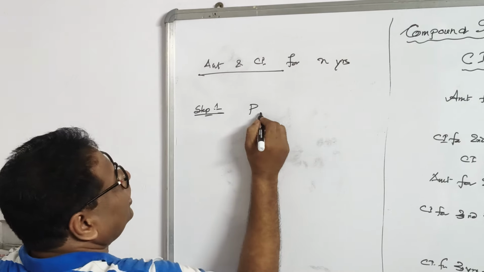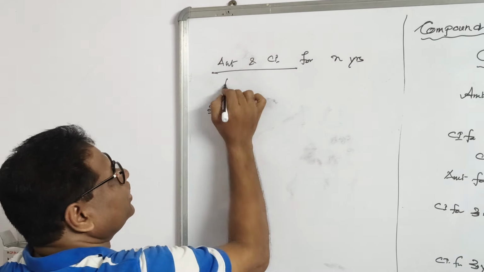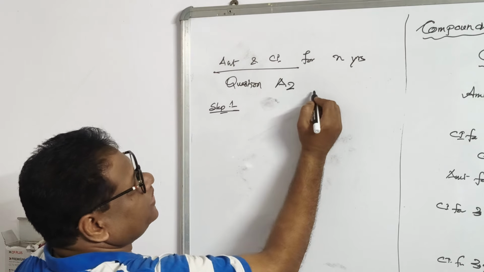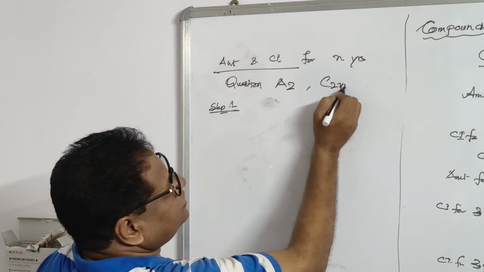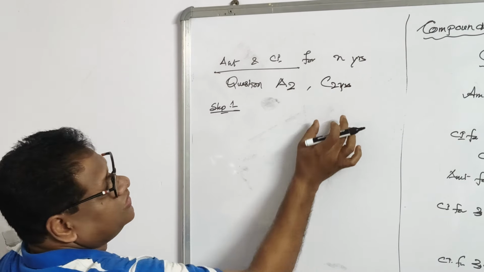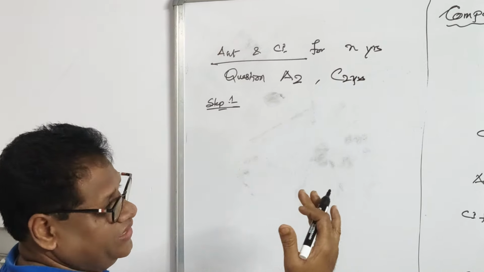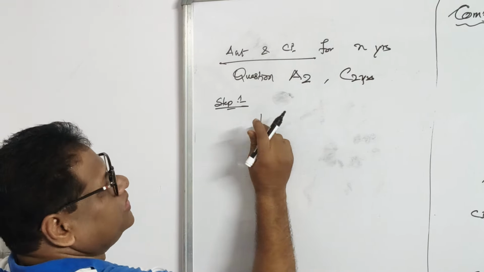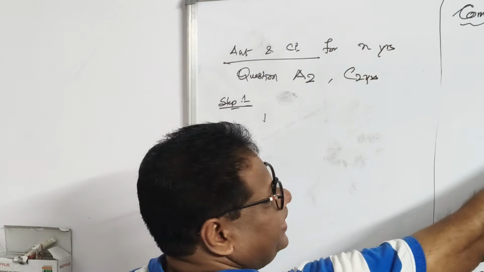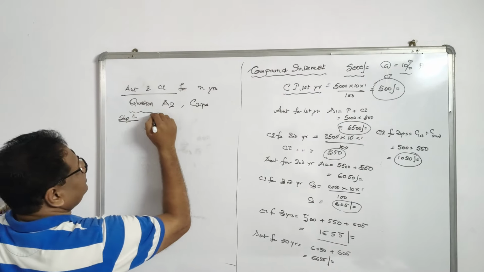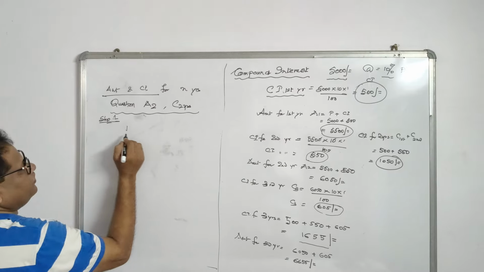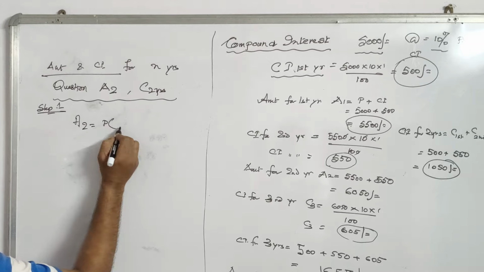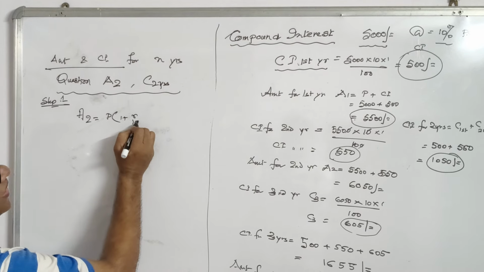Here the question is find the amount for 2 years and CI for 2 years. Please pay attention. It is CI for 2 years, not for second year. Okay. Now here we are taking the same principal, the same rate, but the time is 2 years, right? Now step 1, you calculate the amount for 2 years using the formula P into 1 plus R by 100